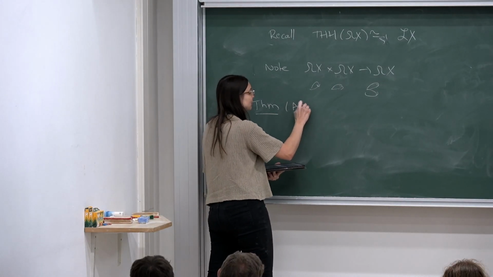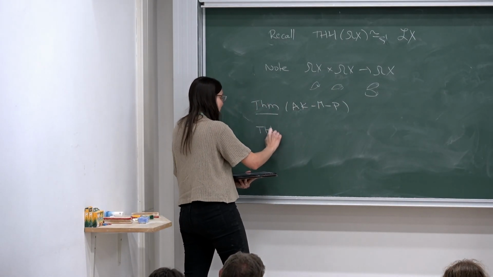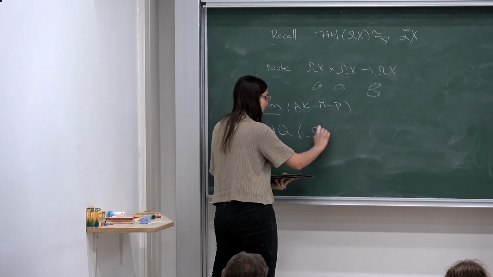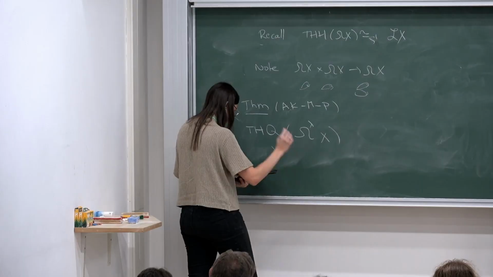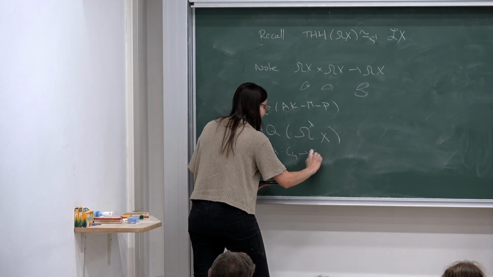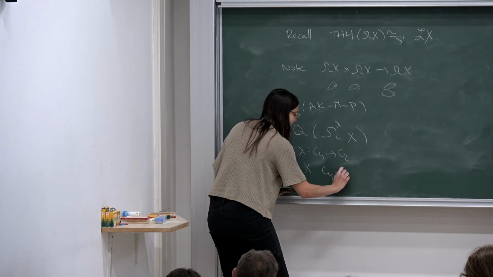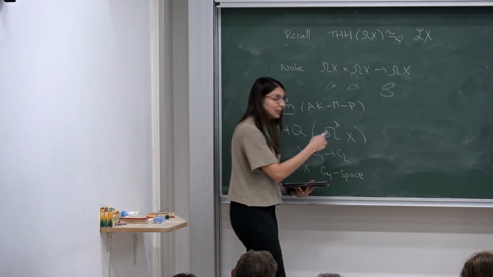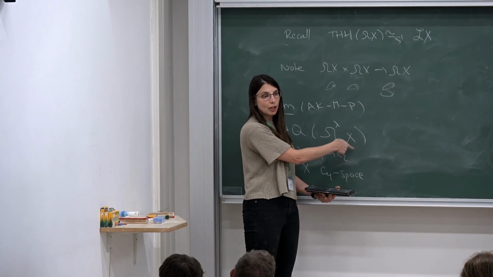So this is going to be the input. THH of, I'll call it, loop sigma X, where lambda is the map from C4 to C2, and X is a C4 space. So now it's really C4. You really need to do it four times to get back to the identity, because we're also acting using the